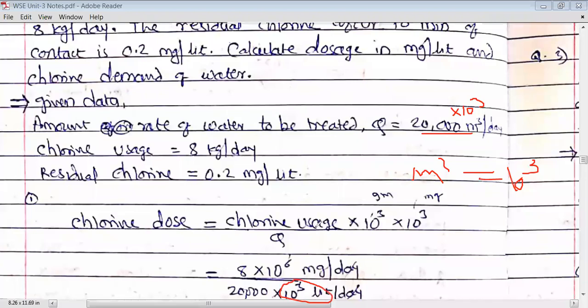Putting that value, 8 into 10 to the power 6 is already put, and here 20,000 into 10 to the power 3 liter per day. So this per day and this day will get cancelled. After doing the calculation you will get a value and the unit will be mg per liter,